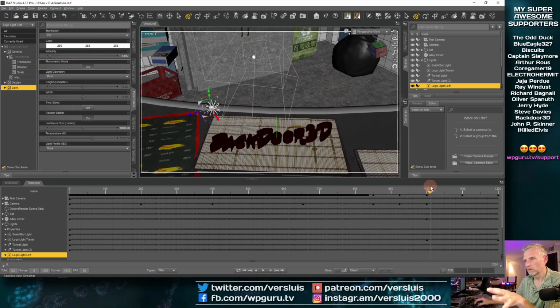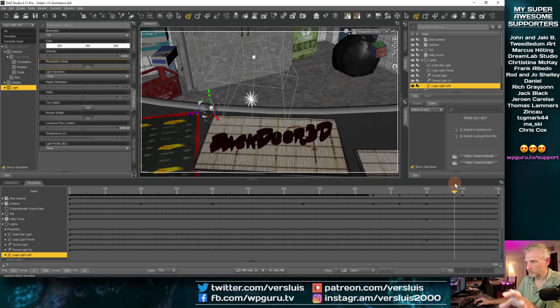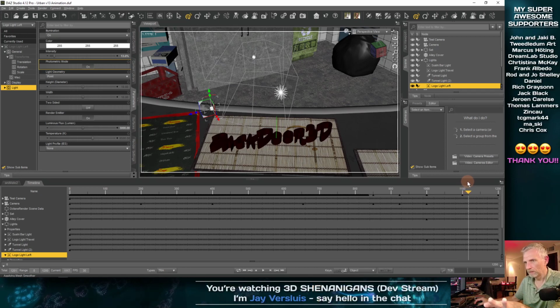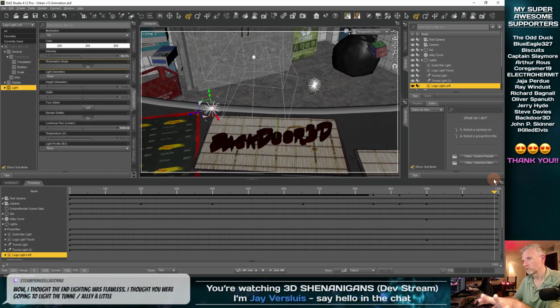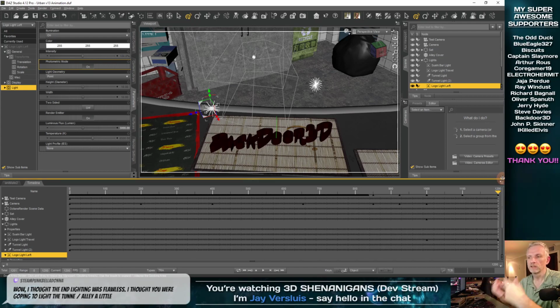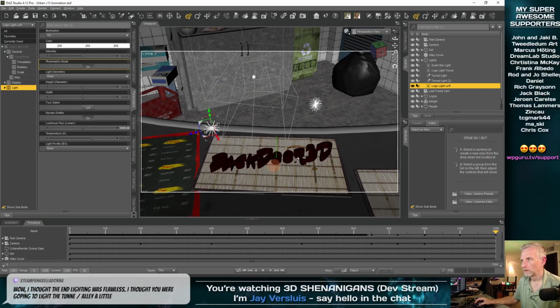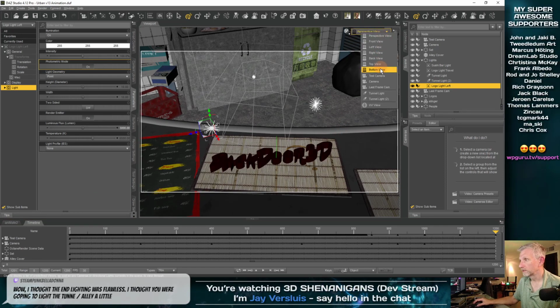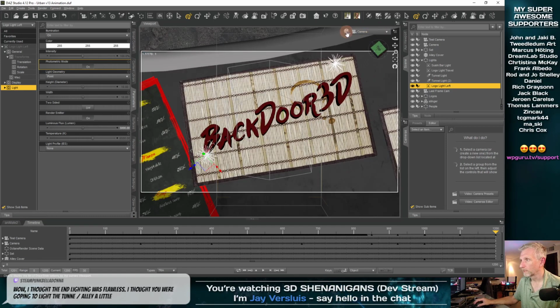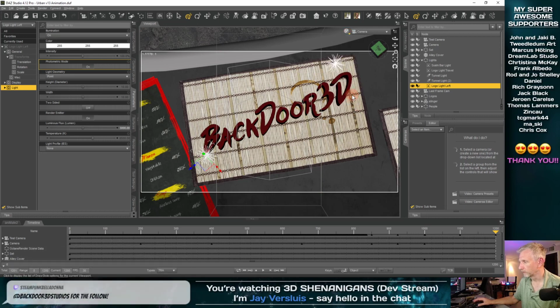Now we're looking at the logo. Now we're seeing this traveling light that just goes and brightens up the left side, the middle. It kind of leaves the left-hand side dark now, but as we now go and move to the right, the left-hand side is now being illuminated with a second light. Just to see what it looks like, let's have a look through the camera and preview this in Iray.